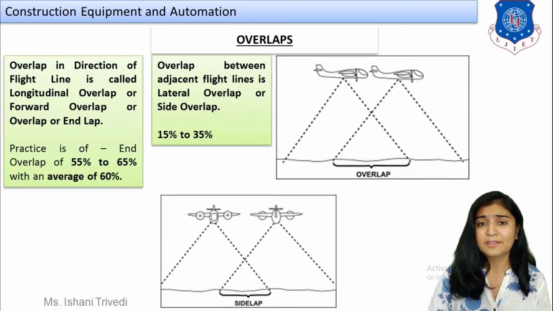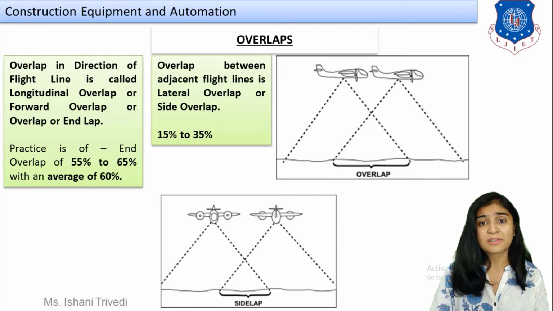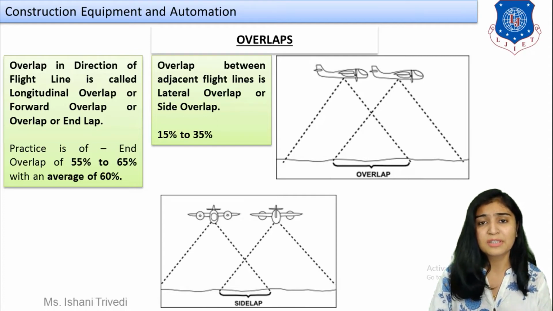So first, let us try to understand what are the two different types of overlaps which we encounter when we talk about photogrammetry. Other than this, we also have tilting of the aircraft. I had discussed that the aircraft cannot be properly horizontal all the time. It is going to tilt because of the weather and atmospheric conditions. So the tilting of the photograph is also important, and similarly is the relief displacement, the displacing of the photograph from its position. So these three concepts are important for us. The most important over here is the overlap.